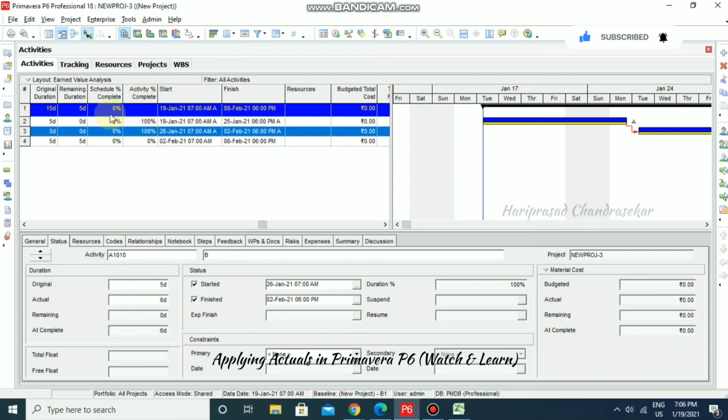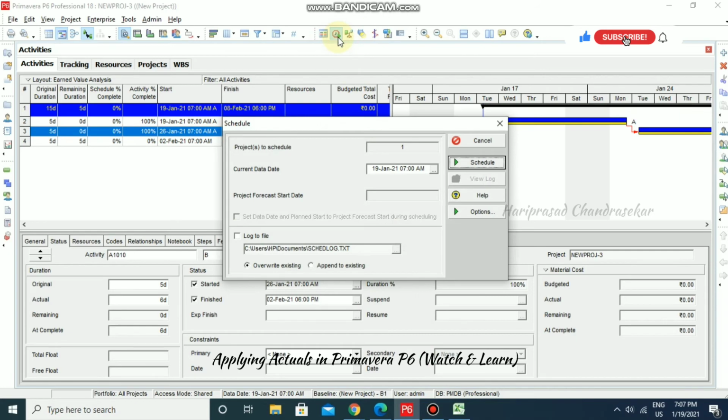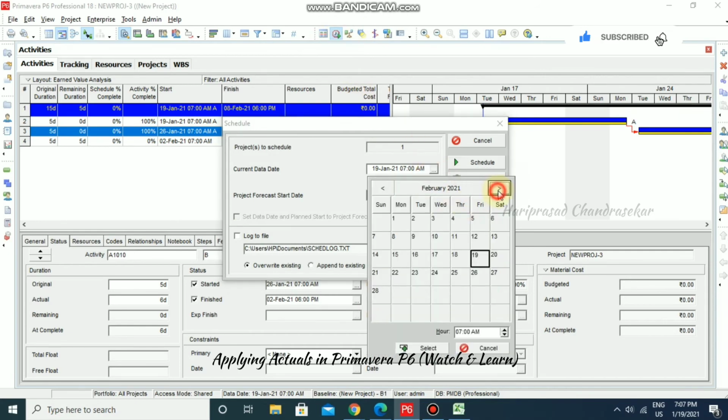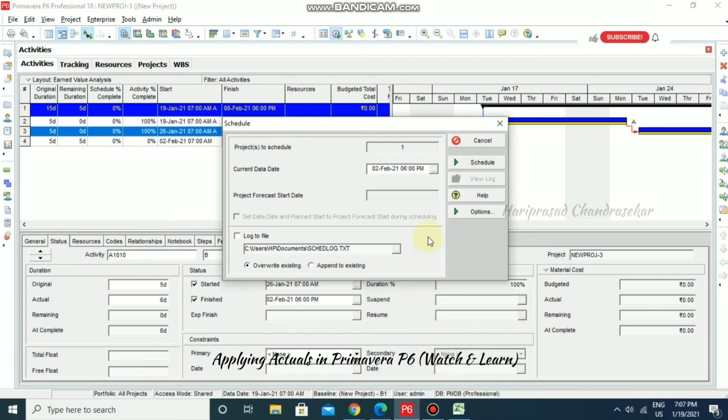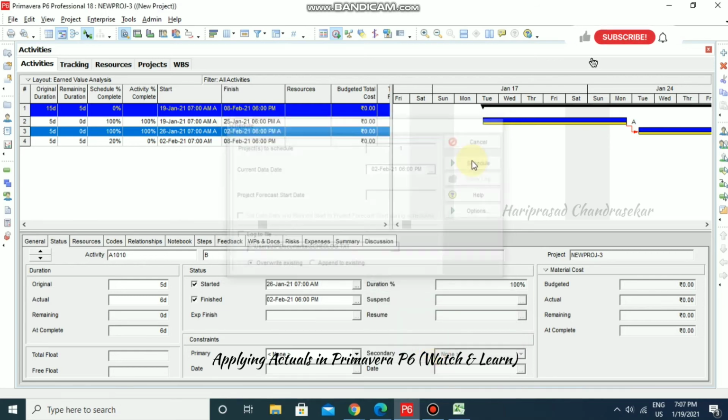Now we will schedule, and then we will get the schedule percentage complete. Now I'm just going to schedule on 2nd February 6 p.m. So click schedule, and then you need to choose 2nd February, and then 6 p.m. Select it, and then I'm just going to schedule it.